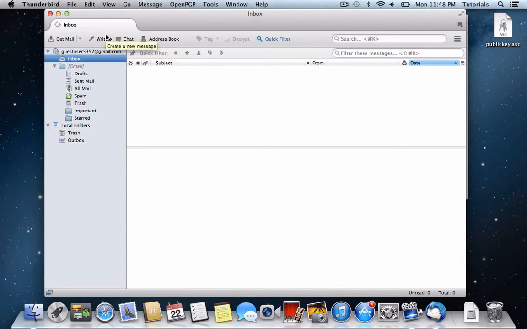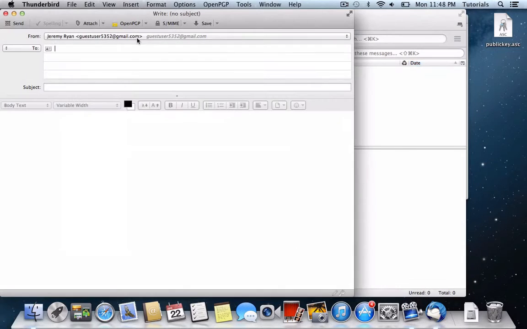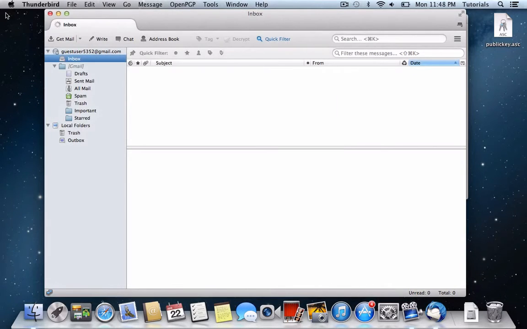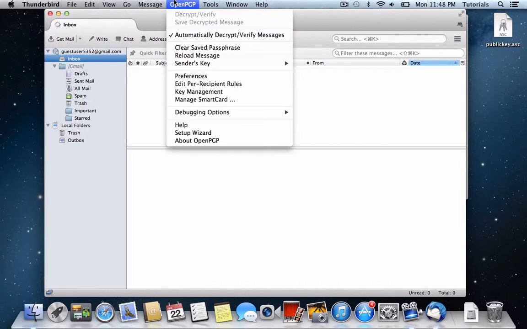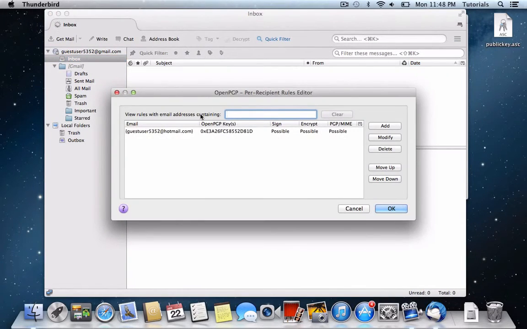Now, if you don't want to have to do this every time, or worry that you'll forget to check these boxes here, you can set up per recipient rules for the people that you know that are using encrypted email. And I strongly recommend that you do this just to simplify things. So here, if you go to OpenPGP, edit per recipient rules, you can